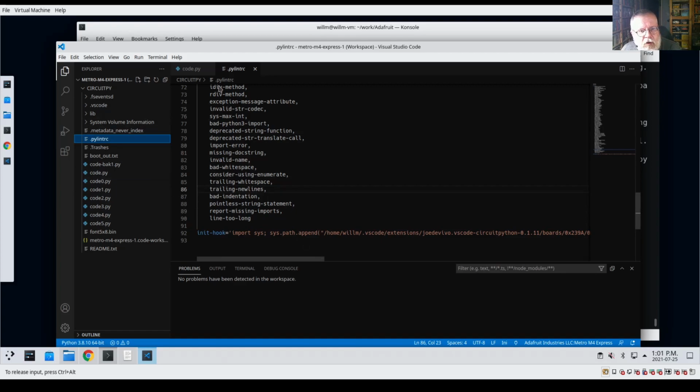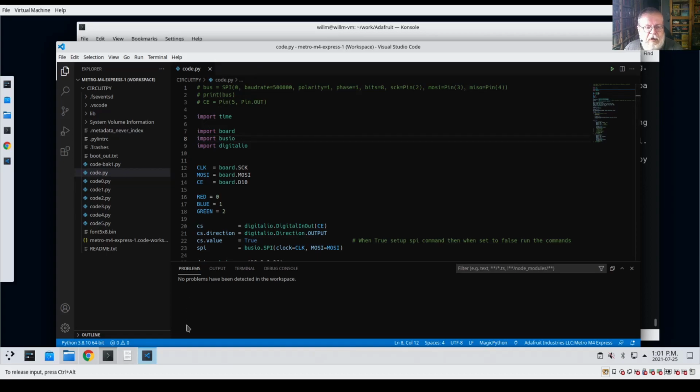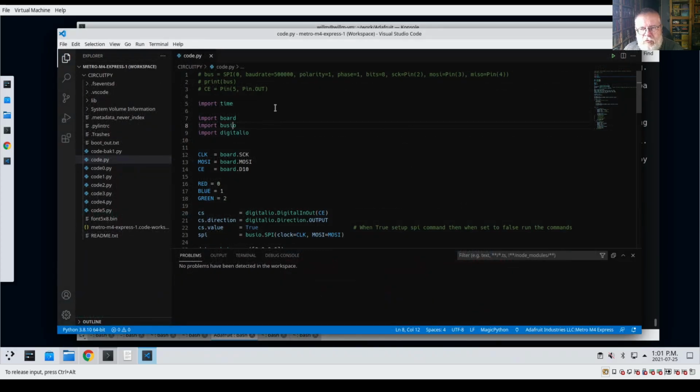But I think I've got everything covered. And if you have any questions about any of this, this is all done from scratch, done from square one. This should get you CircuitPython installed, build environment working, IntelliSense working, couple of problems fixed,